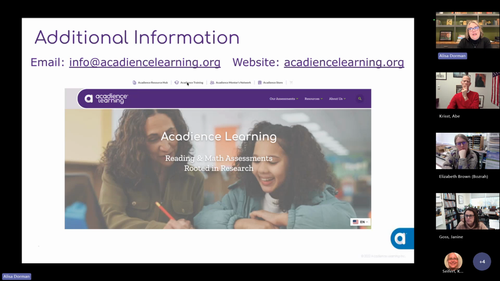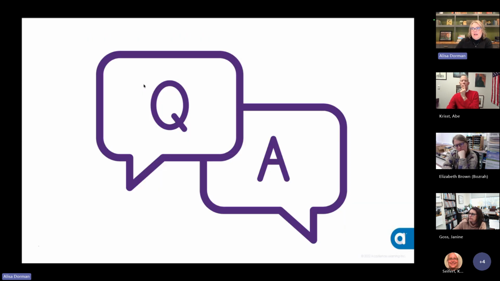We have a button for training, and we have something called Mentors. And so our Mentors network where you can go, as well as a store where you can get a few ancillary items. Then we have our assessments and other resources that are here. Again, just reading and math assessments broken into different grades, and then you can learn more about them from those. But all the resources will now be in our hub so that they'll be centrally located and easy to find. And then with that, I'm just going to pause again to see if there are any questions and or if going live into the platform would be helpful for anyone. I'd be happy to do that as well.